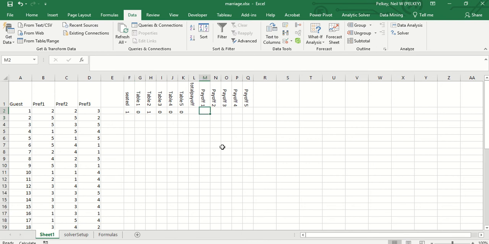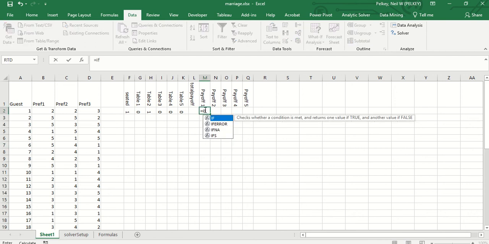Then our payoffs are going to be, we have a simple payoff function. We're going to do equals if B2 equals 1, comma 4. Okay, so if B2 is equal to 1, if their first preference is 1, so if they got seated at 1, their payoff for table 1 would be a 4 plus if